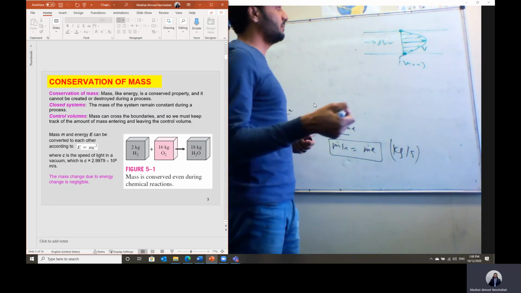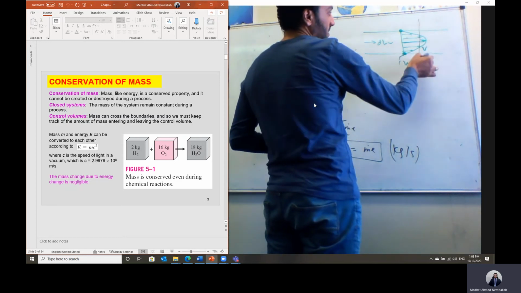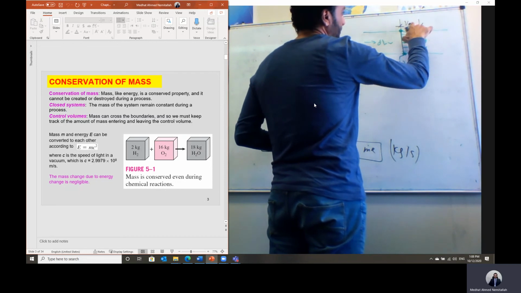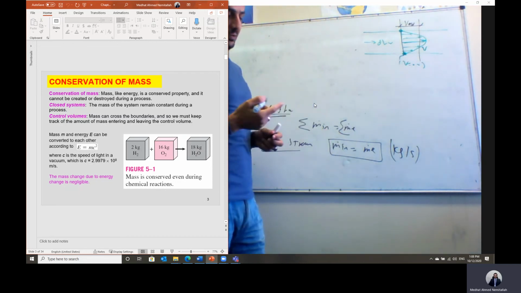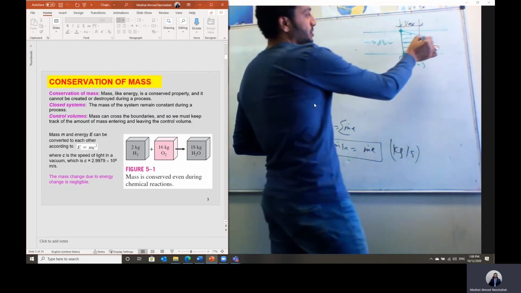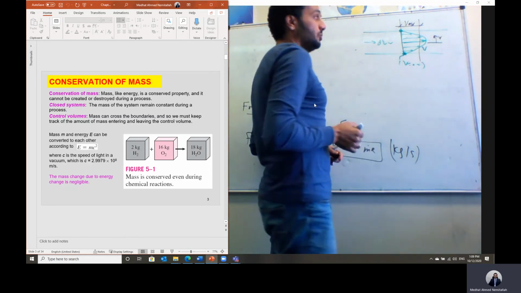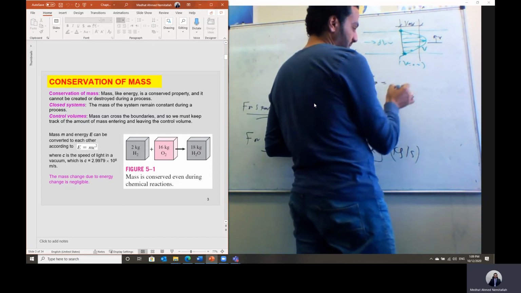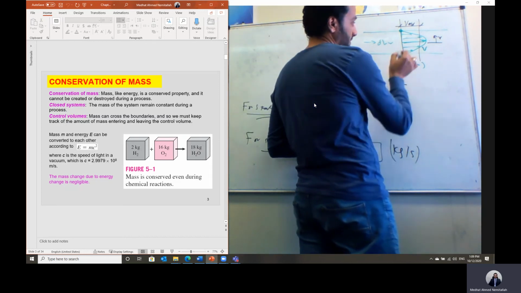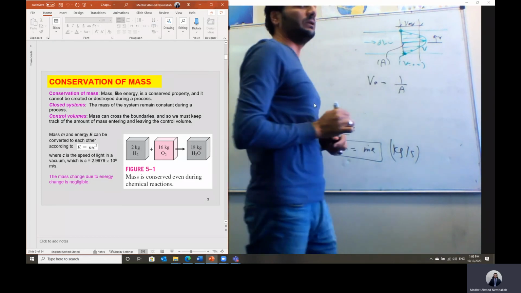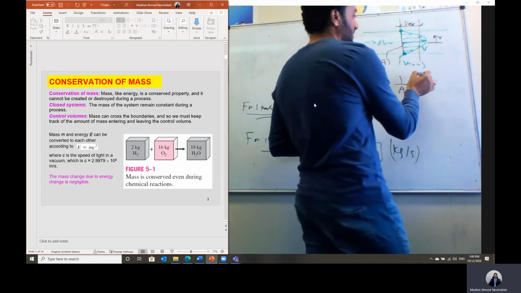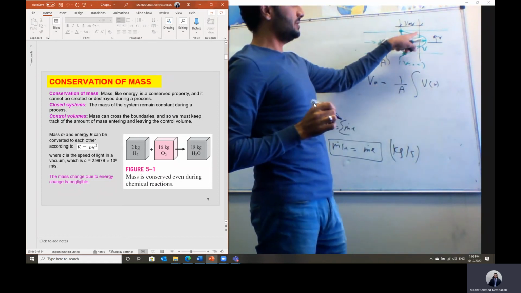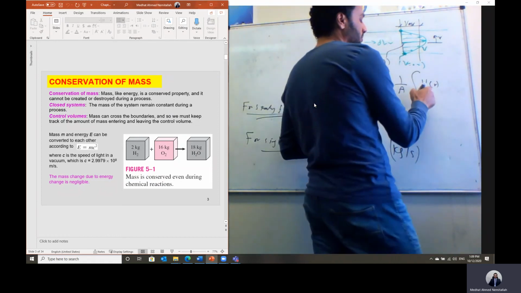So if I need to calculate the velocity, sorry, the mass flow rate, I have to calculate the value of the average velocity, V average. To calculate this, as you can see, velocity is a function of the radius. So to calculate a very accurate value of the average velocity, V average by definition is equal to 1 over the cross-sectional area, this is the cross-sectional area at any section, times the integration of the velocity as a function of the radius of the tube.